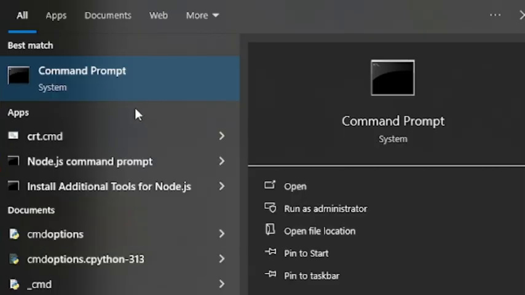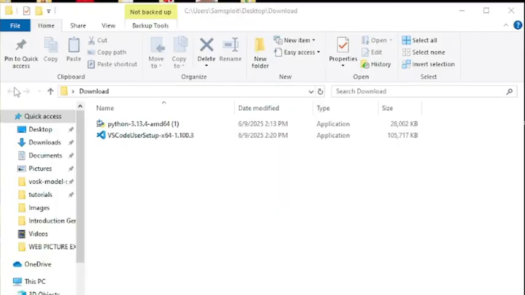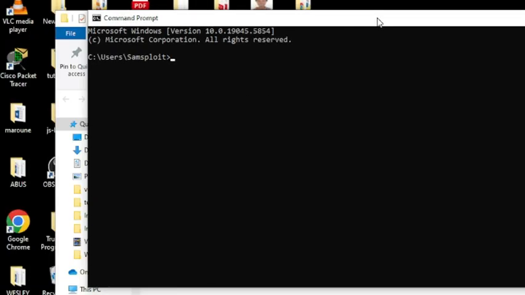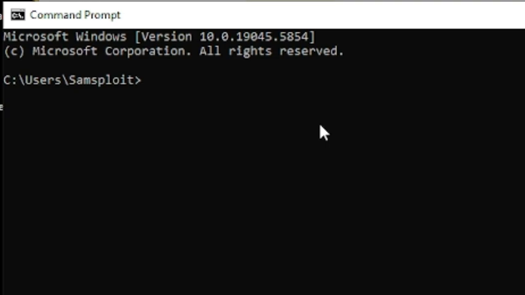You will see the command prompt. Open the command prompt to confirm that the Python interpreter is installed on your computer.